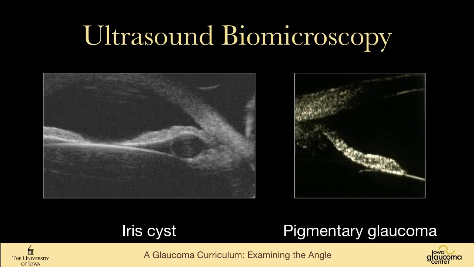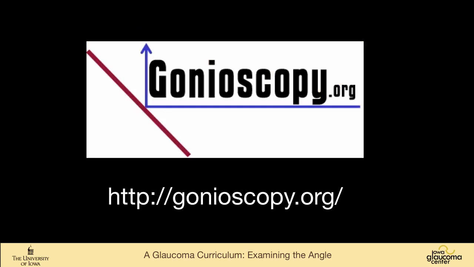And one can see things with ultrasound biomicroscopy. On the left slide, you see an iris cyst, and on the right, pigmentary glaucoma. These technologies are great. I think that they're wonderful adjuncts to gonioscopy. They're going to be tremendously helpful for populations that have a high prevalence of angle closure glaucoma that is undiagnosed, for doing screening techniques. But for the ophthalmologist in his or her clinic, gonioscopy is still a critical technique to know,